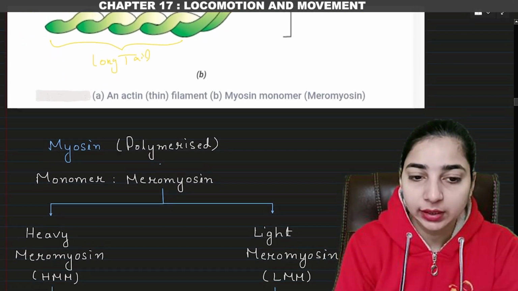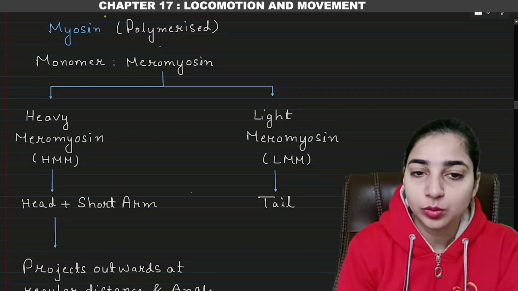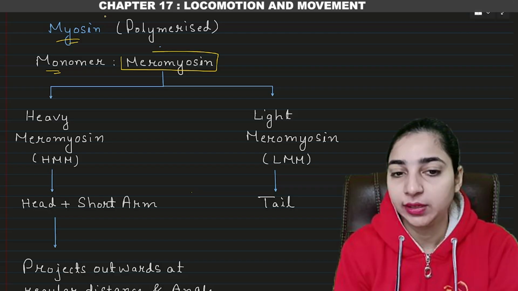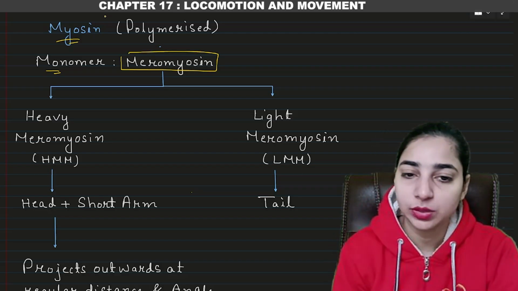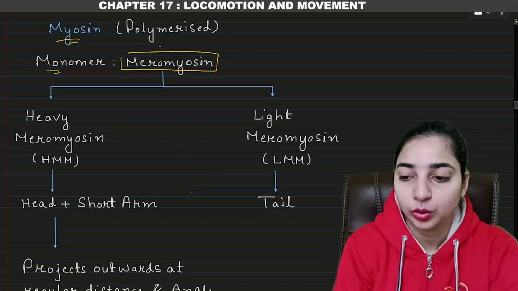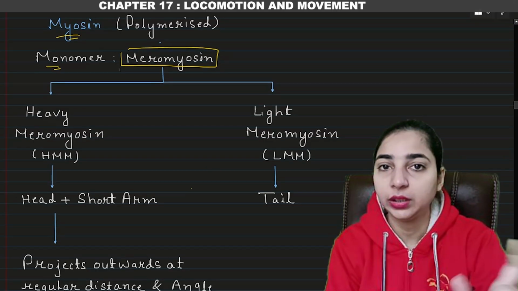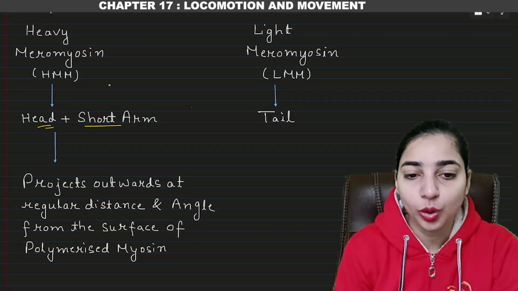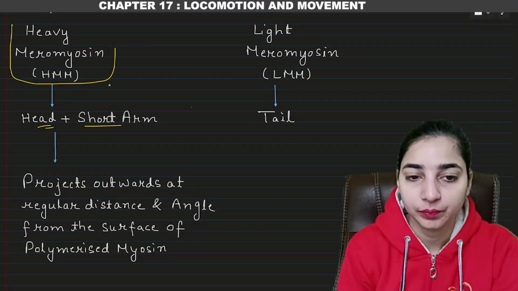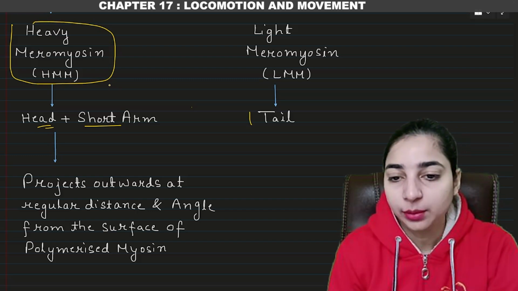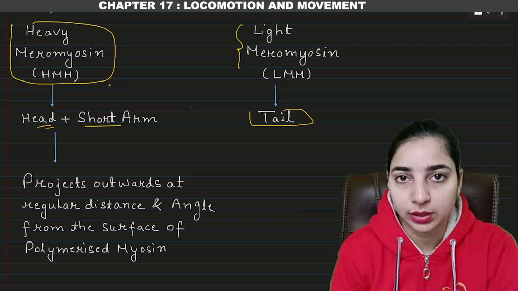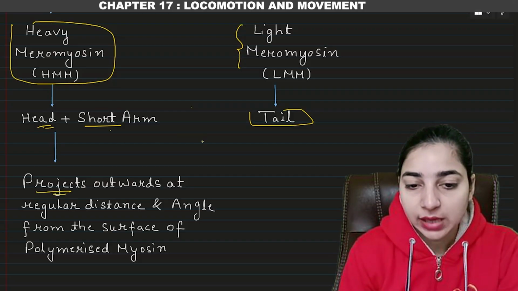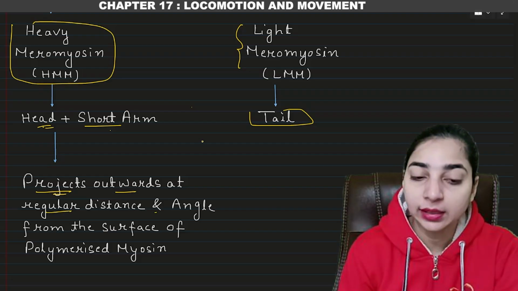So what is written here, let's see. Myosin is also a polymerized form like the actin. The monomer of the myosin is known as meromyosin. We have just now seen the diagram of the meromyosin. You can see that the meromyosin has two parts. One part is the head along with the arm, and the other part is the tail. Okay, so the head along with the short arm is known as heavy meromyosin, and the tail part is known as light meromyosin. Okay. Now the head and short arm projects outwards at regular distance and angle from the surface